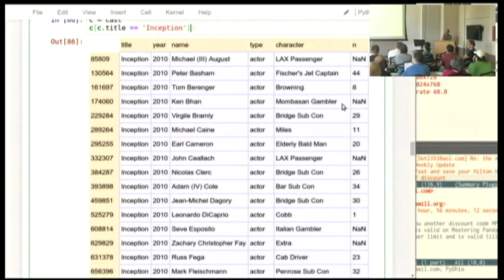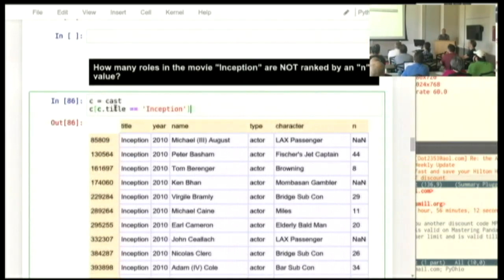And we can't easily use an equal sign to pull these out, because they're not equal to each other. Two things you don't know aren't necessarily equal, right? And so we can't use this trick of the double equals sign. Let me, by the way, use a trick I often use. Here, c is briefly a name for this entire cast data frame.